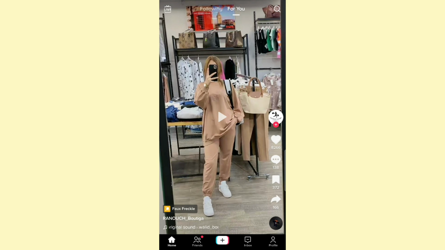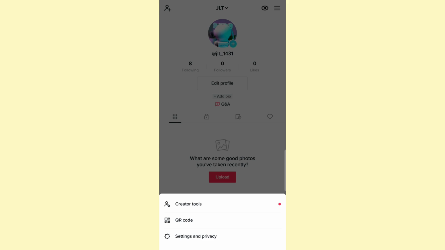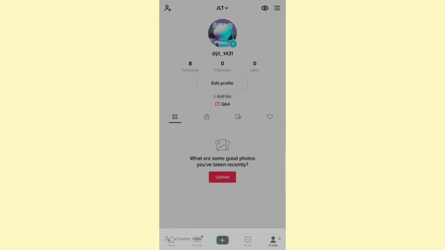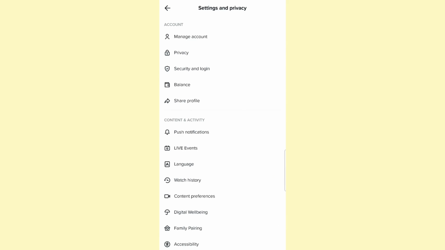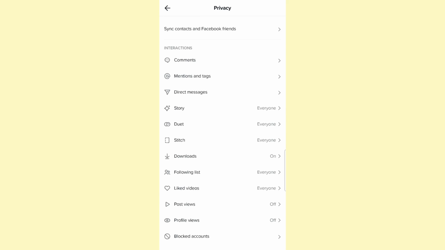So go ahead and open up TikTok. And once you do that, click on the profile icon at the bottom right. Then click on the three lines at the top right corner of your screen. Then click on settings and privacy. And here from the account section, click on privacy and then scroll down to the interaction section, and from there